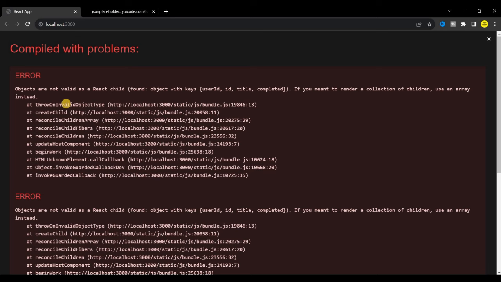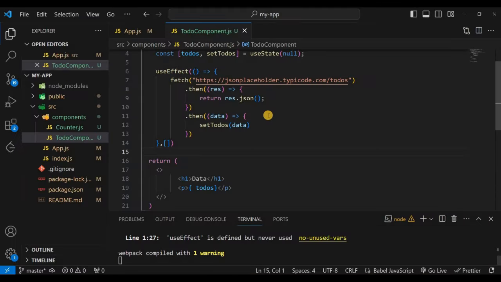अब देखो यहाँ पे बहुत एरर आ रहा है। क्या आ रहा है, ऑब्जेक्ट्स आर नॉट वैलिड एज ए रिएक्ट चाइल्ड। तो यूजर आईडी टाइटल ये सब कीज है। इफ यू मीन टू रेंडर अ कलेक्शन ऑफ चिल्ड्रेन, यूज एन एरे इंस्टेड। तो हम लोगों ने तो डेटा यहाँ से फेच कर लिया, लेकिन ये डेटा को यहाँ पे शो करने के लिए